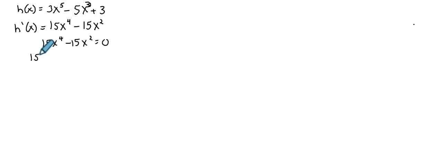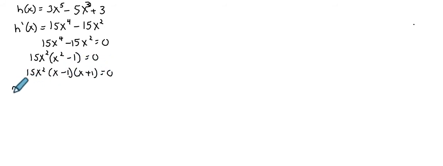I can factor out a GCF of 15x squared. That leaves me with an x squared minus 1. So that becomes 15x squared, and this is x minus 1 and x plus 1. So I have my critical